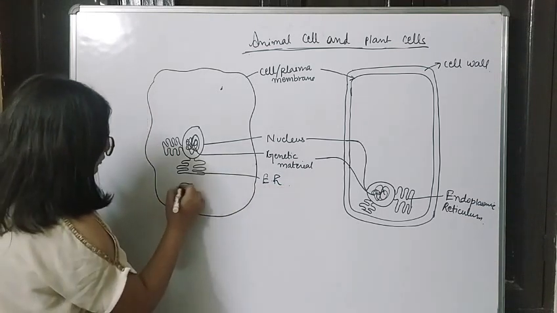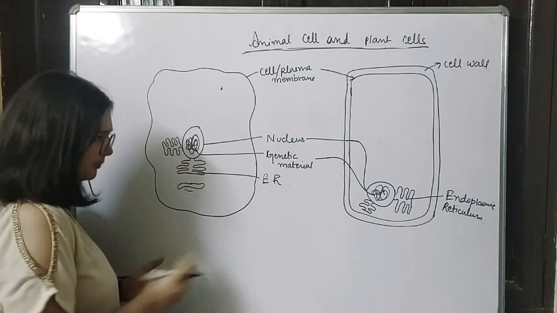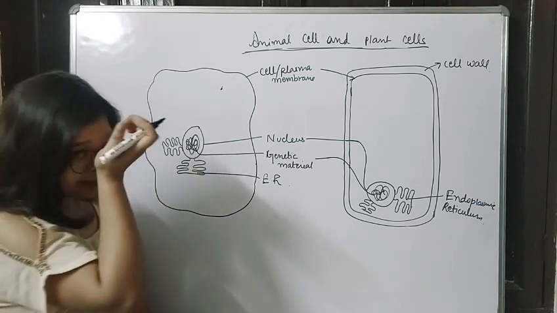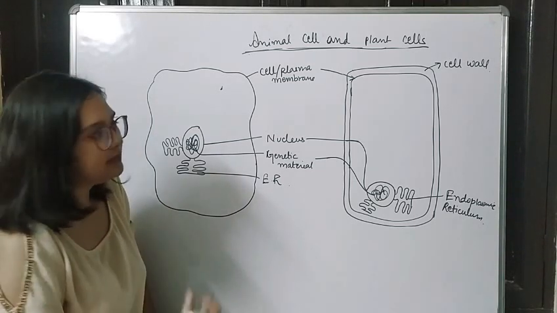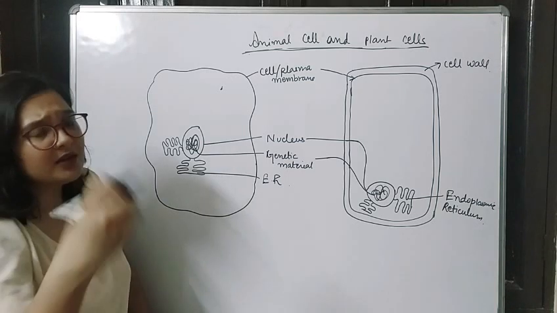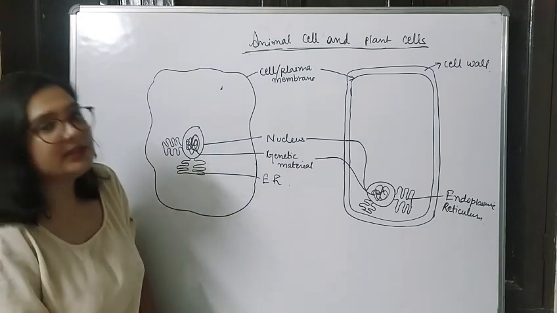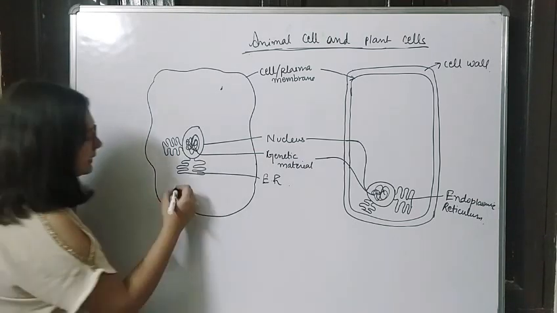Now, when we talk about Golgi bodies, these are the Golgi bodies we have. How to make Golgi bodies? Now, see. Class, why I am drawing these structures in front of you, because I want you also to learn how to make these structures, because these structures do come in your exam. I should say they will definitely ask you about plant and animal cells. So you should know how to draw plant and animal cell.